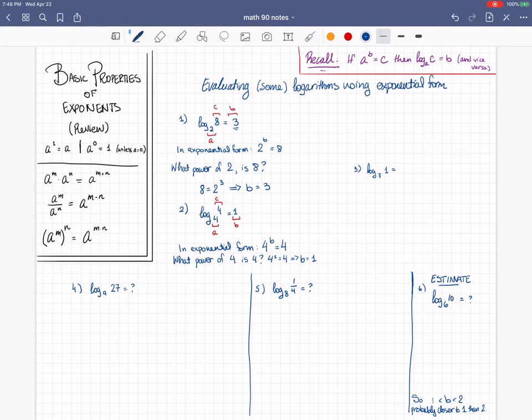Okay, let's move on to number 3. Same thing, I'm going to label. So 7 plays the part of A, 1 plays the part of C, and I don't know the value of B, so I'm going to put a little question mark there. But again, in exponential form, asking the question, what is the log base 7 of 1, we are asking what power of 7